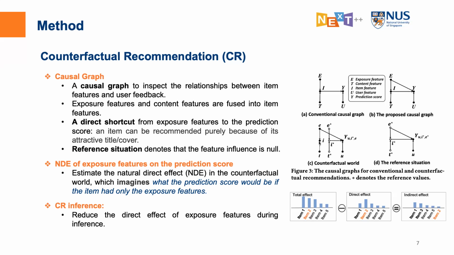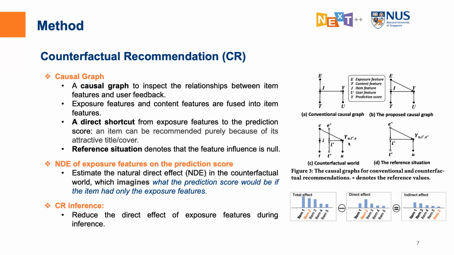It means that we can set several variables as the reference value and only estimate this remaining direct effect in this counterfactual world. It is shortened as the natural direct effect, NDE here. So it imagines what the prediction score would be if the item had only the exposure features. So the content features are blocked and only the exposure features are left, and the effect of exposure features in